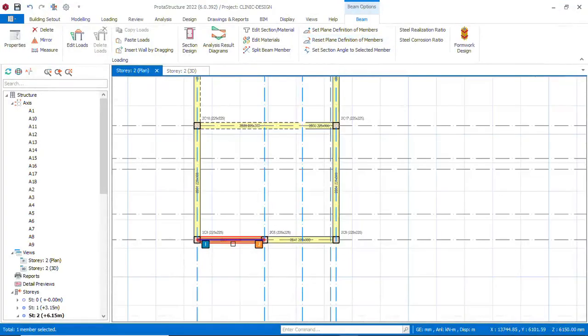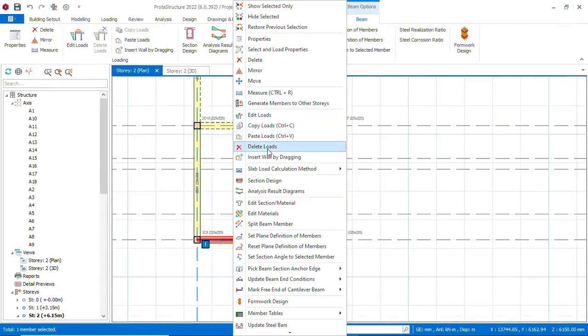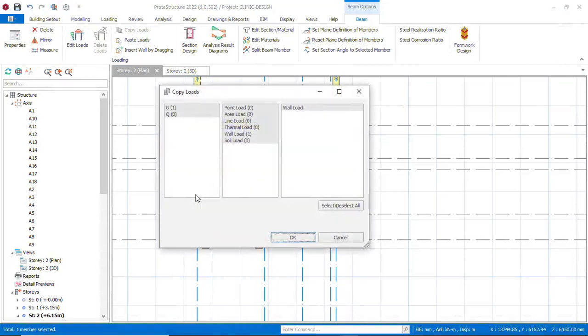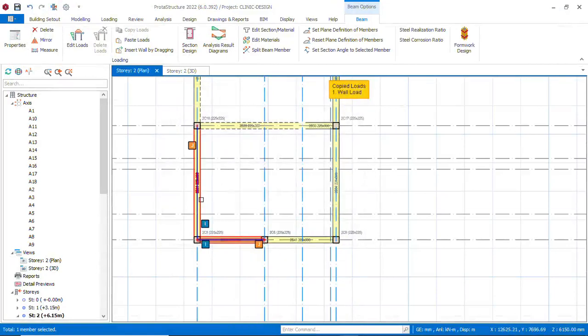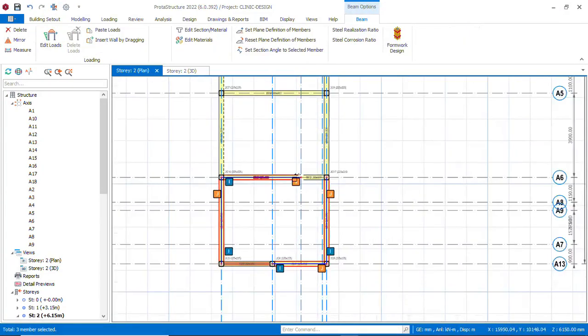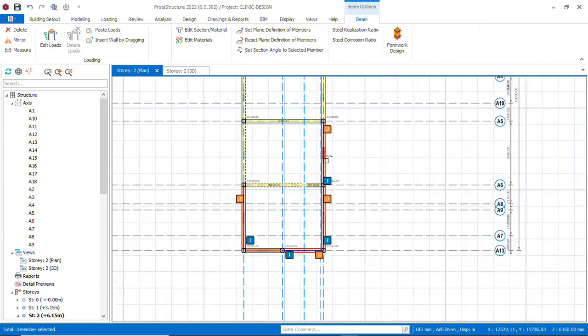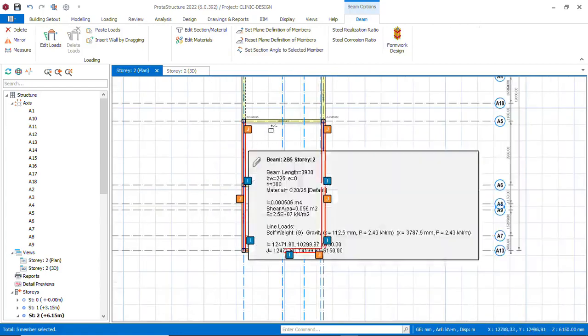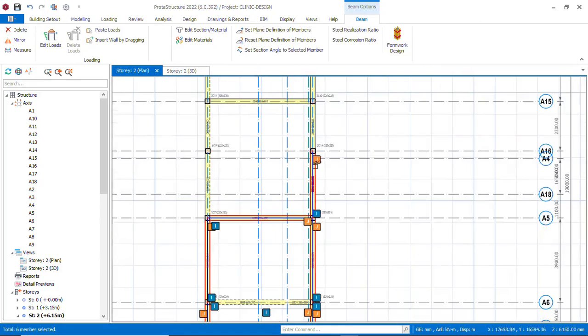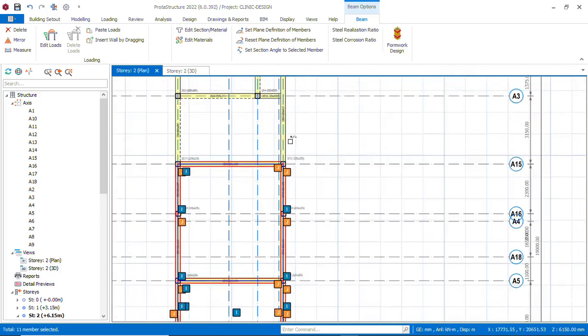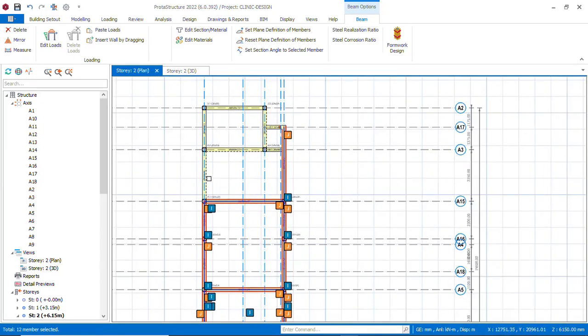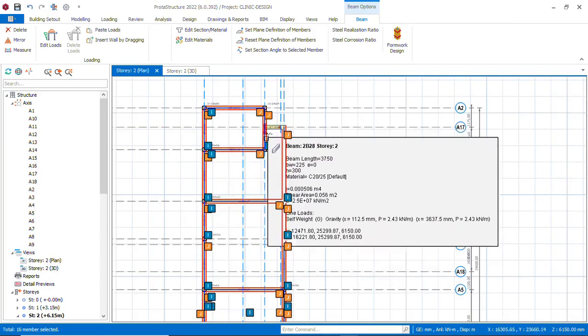On this, now you can copy loads. So copy this load and you select the beams you want to paste it on. Select the beams you want to paste the loads on. Do it in plan view, or you can do it in 3D. Select the load, select the beams you want to paste your load on. Once this is selected,